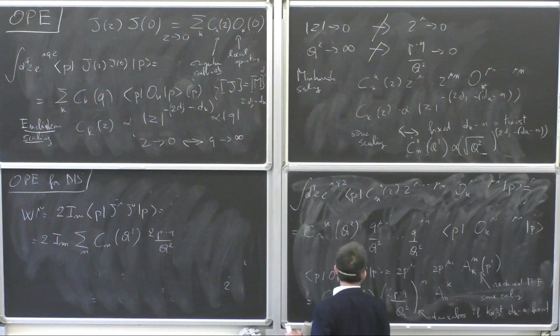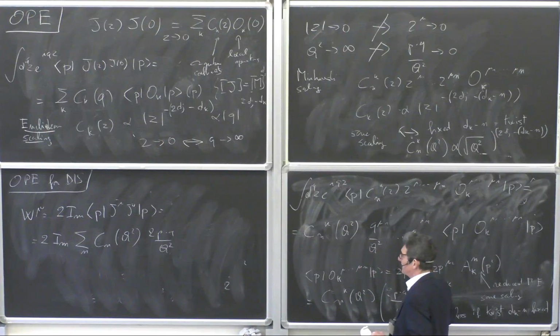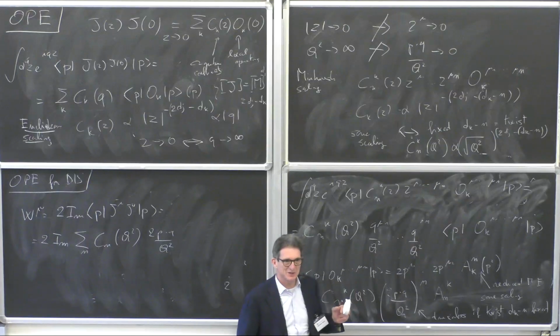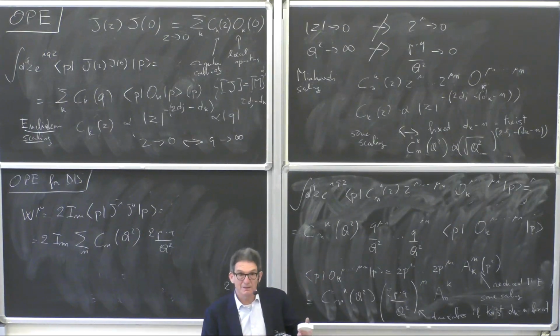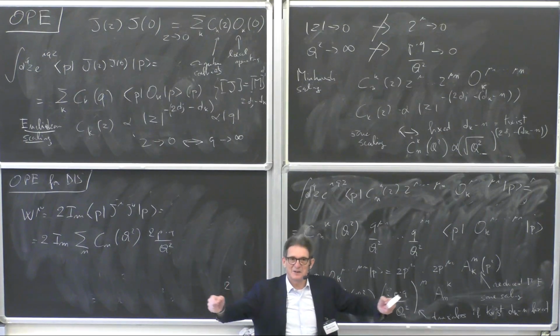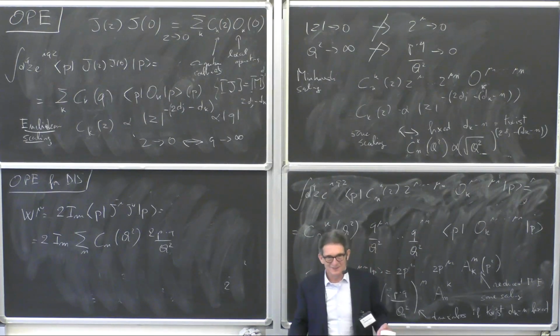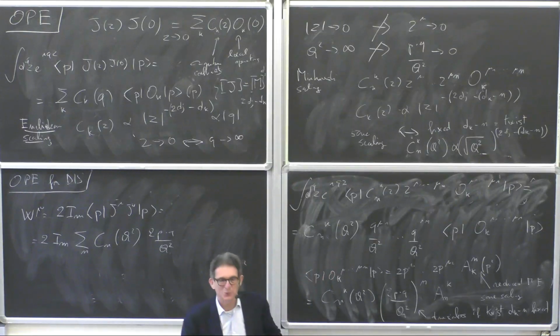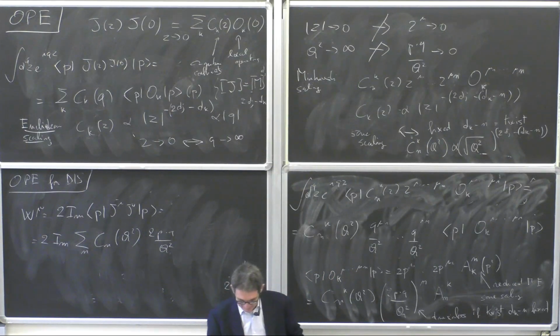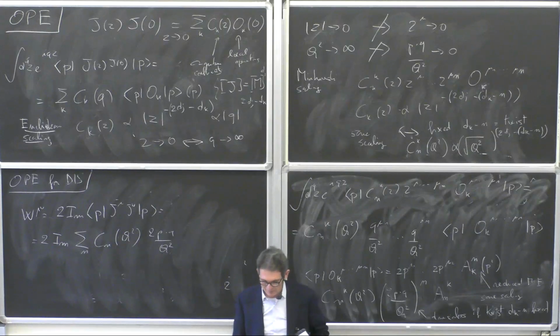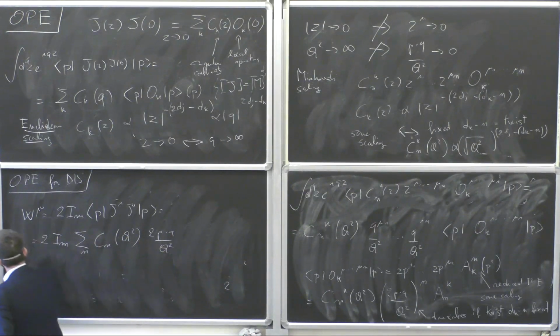And then you'll ask, well, okay, but if I want to determine these guys here, I have to find out which operators I'm talking about. So what are the leading twist operators in QCD? You know, I'm not going to write the QCD Lagrangian. You know that it's a non-abelian gauge theory with fermion fields called quarks interacting through a non-abelian SU(3) color gauge interaction mediated by a spin 1 field called gluon, and then you see that the leading twist operators